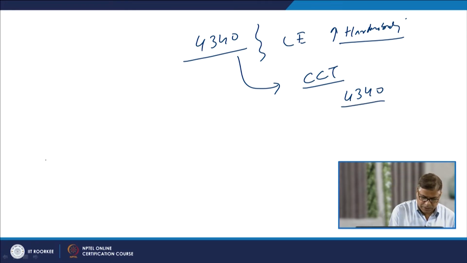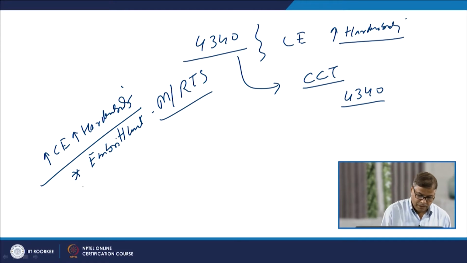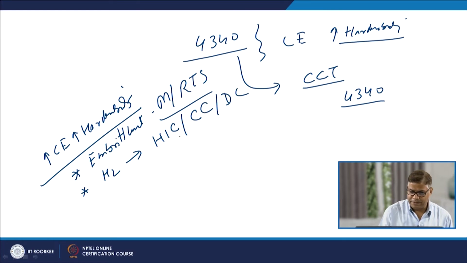As we know, because of the high carbon equivalent and high hardenability associated with these steels, they show a high cracking tendency due to embrittlement, which is primarily associated with martensite formation as well as residual tensile stress development. At the same time, because of the martensite and the residual tensile stresses, if hydrogen is present, these steels also have the problem of hydrogen induced cracking, which is also known as cold cracking or delayed cracking.